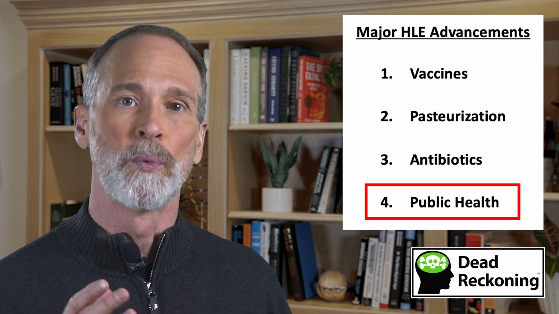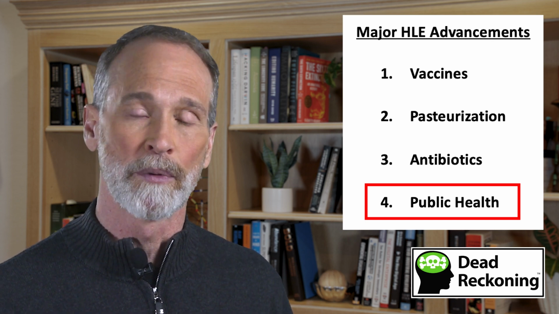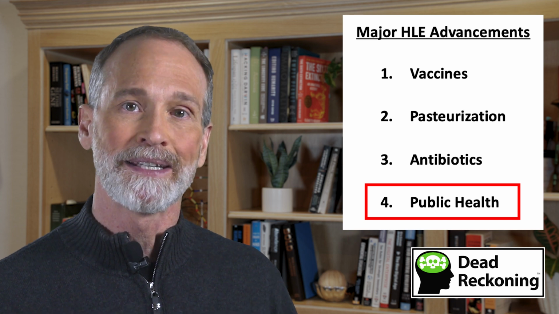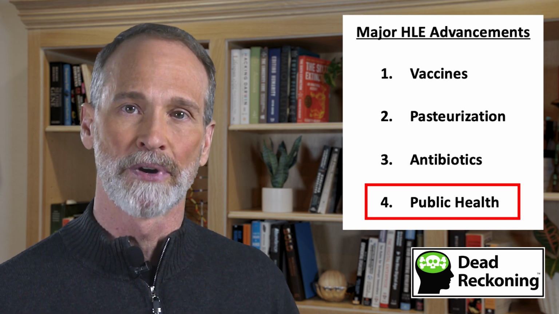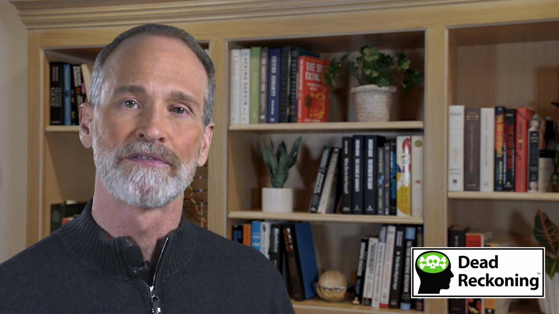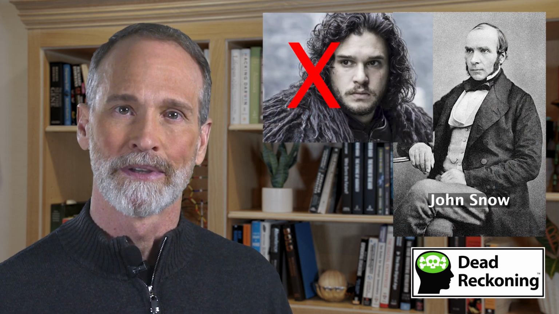In addition to William Farr's report of 1843 we mentioned earlier, in 1854 a cholera outbreak in London caught the attention of Dr. John Snow. He constructed a map of the outbreak that showed that a water pump at 40 Broad Street was the source of the outbreak. By simply removing the handle on the pump, thousands of lives were saved, all before the biological causes and mechanisms of cholera were known.